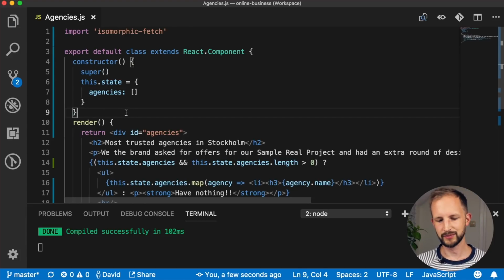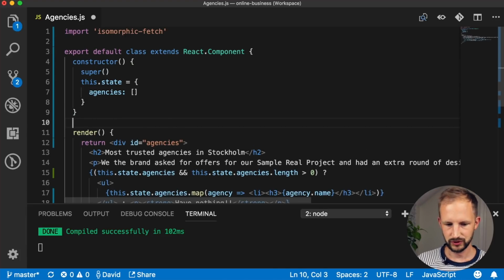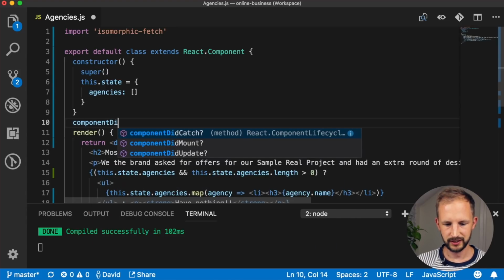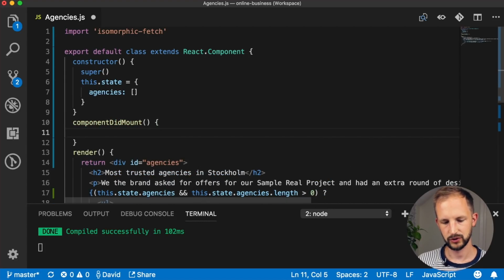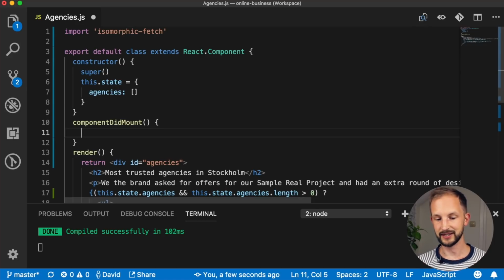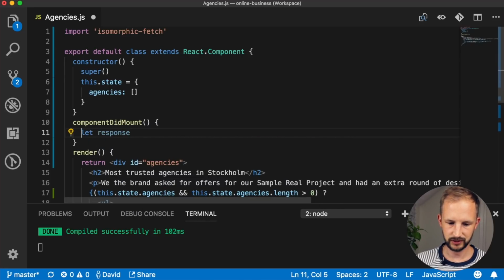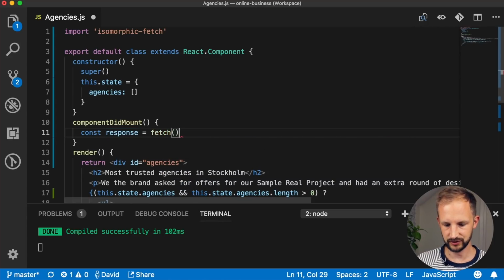And if you remember the episode on React prototyping, we had to update the state in componentDidMount. So when we're in componentDidMount, we can activate state and do all that stuff. So there we can set the state and update it. So we have to fetch. So let response, we can do that: const response equals fetch, and then we should fetch some data from